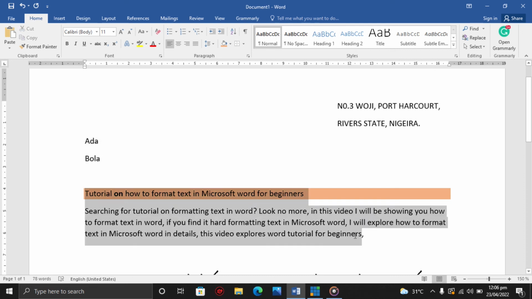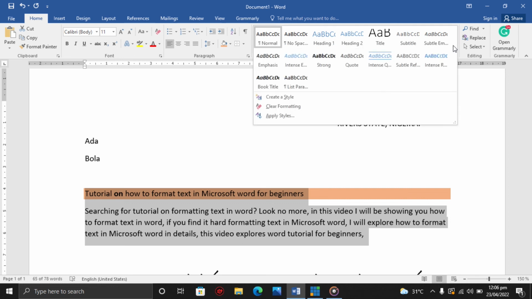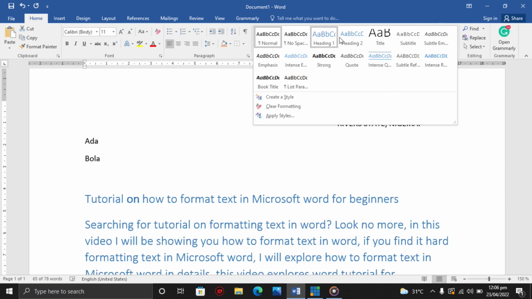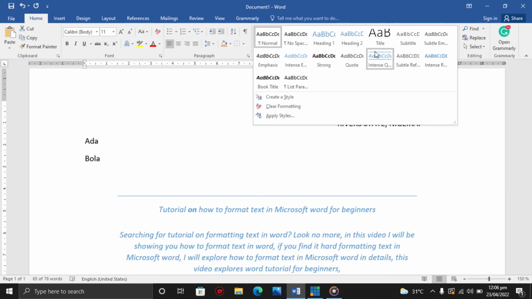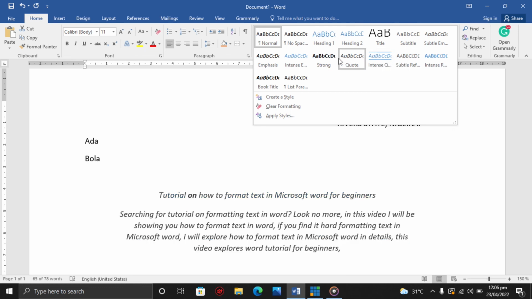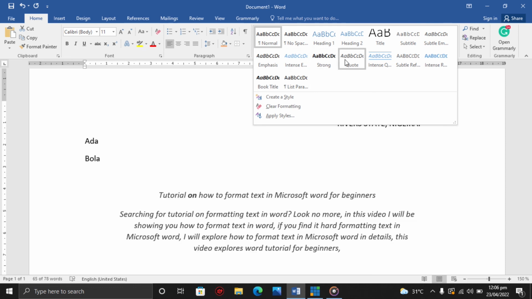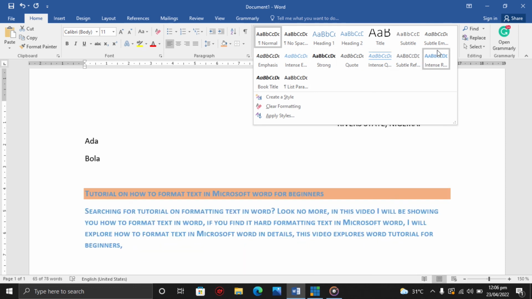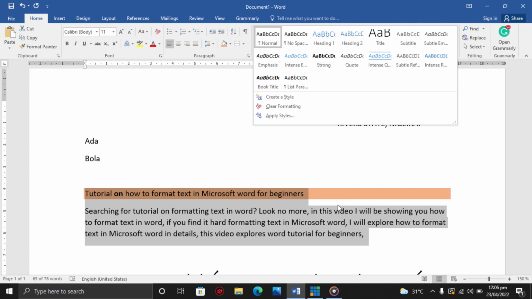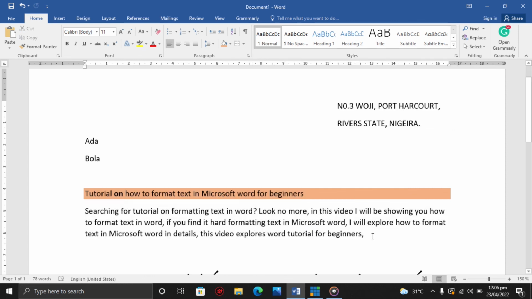If I highlight here and go to style and choose any style, it would change your text to the inbuilt style of Microsoft Office Word. So that's what the style ribbon does. It has options where you can edit or change the style of a text to whatever you want without using your font. All right, so that's style.